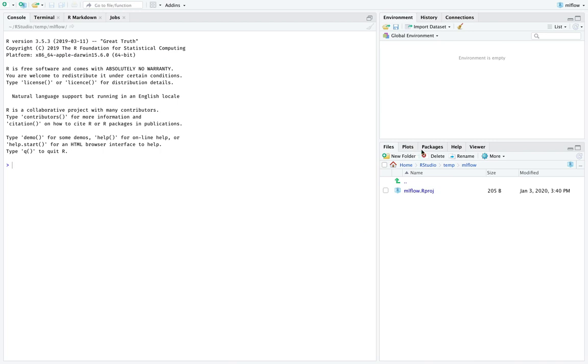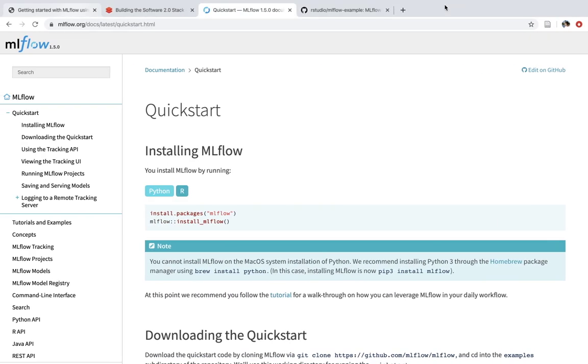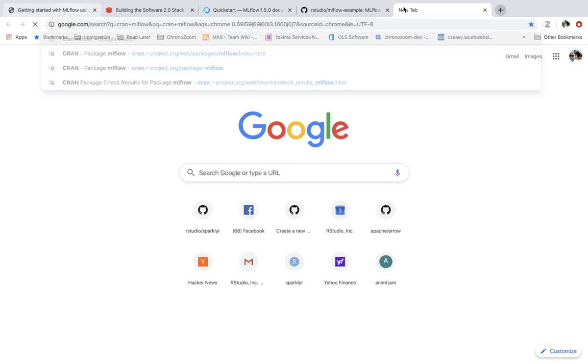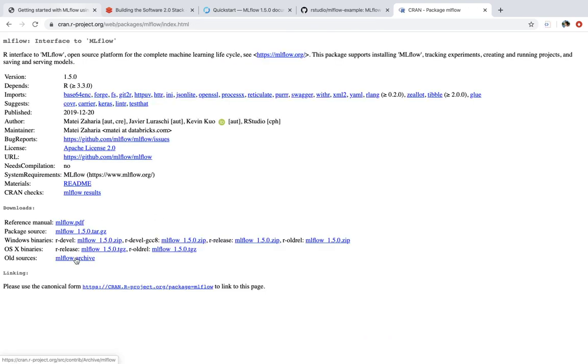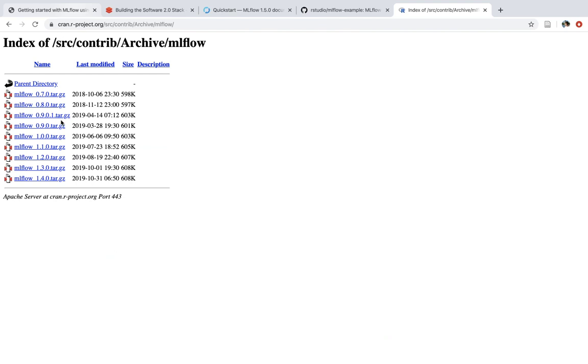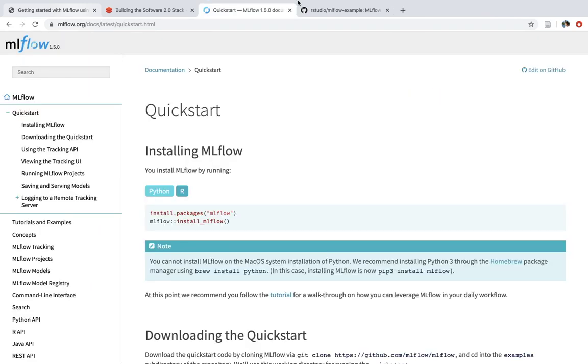And I should just say that if this is the first time that you hear about MLflow and you're getting started, what you want to do first is just install MLflow. MLflow happens to be available in CRAN. So you can just run install.packages, and that's pretty much it. I believe the first version might have been 0.7 or 0.8 actually, and since then, we're currently at MLflow 1.5. So again, it's on CRAN. You can just run install.packages MLflow,